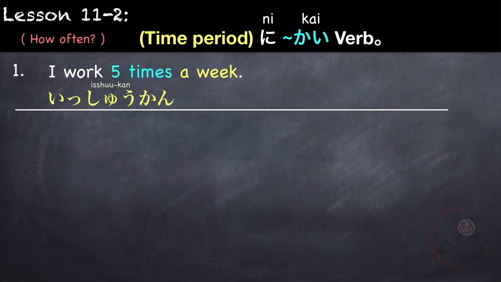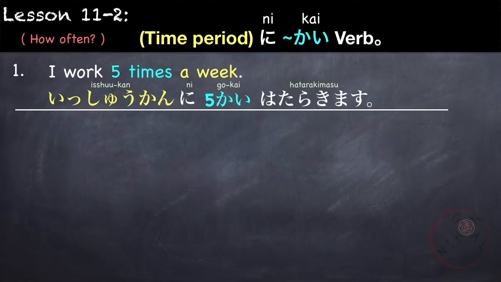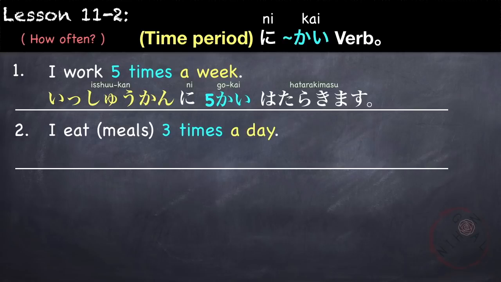Our time period is 1週間, followed by the particle ni, and then our number of times, which is 5 times, 5回. 1週間に5回働きます。or 私は1週間に5回働きます。